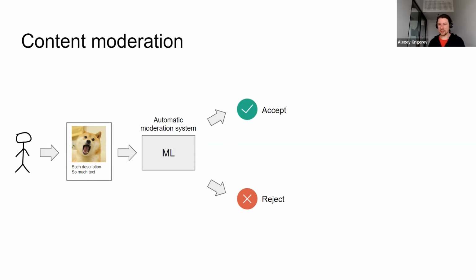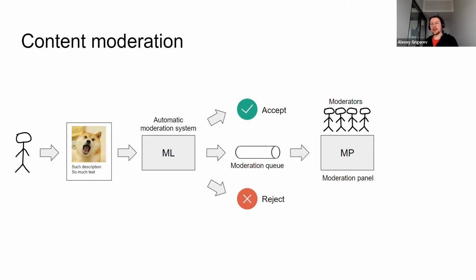It's not always black and white. Sometimes the model can be unsure, and in this case, these listings go to a moderation queue, which means that these listings are picked up by people, moderators. They have a special tool called a moderation panel, where they look at these things and make the final decision whether this should ultimately be accepted or rejected. Of course, it's a very simplified picture, but you see that the automatic moderation